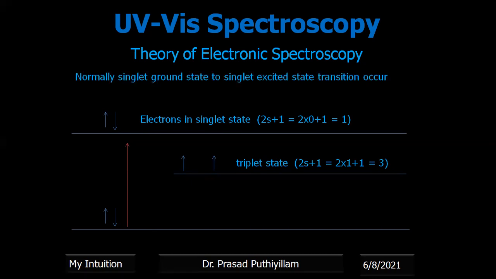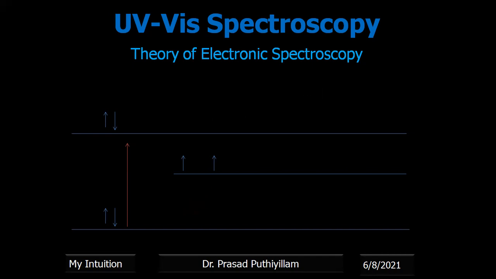Now, normally the excitation from ground state to a higher energy level usually gives the singlet excited state, and usually it proceeds with the retention of spin. That is, we are getting a singlet state. That means from the ground state, it jumps to the higher energy level. The spins are not varied as such. We are getting the singlet state. And this particular energy transition from ground state to triplet state is forbidden. It is not happening in reality. Therefore, we call it a forbidden energy level jump.